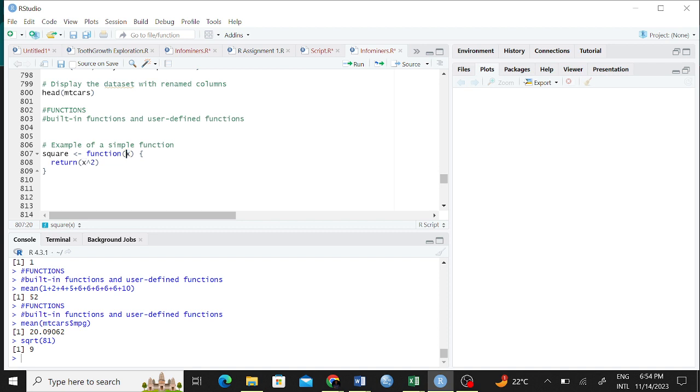And then you can see we are calling it x. You can even call it y, or even h, or even j. I mean, these are just, what do you call them? These are just like placeholders. So you have function. So this one has to be in brackets, right?